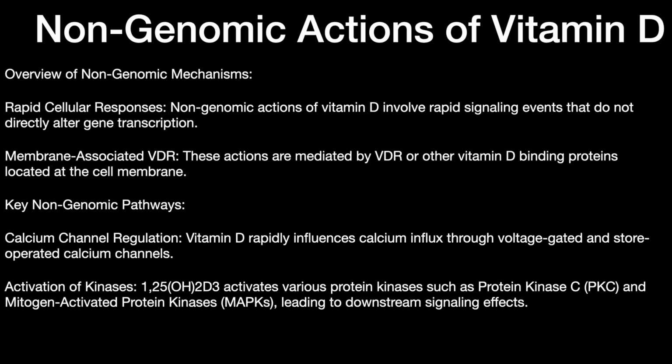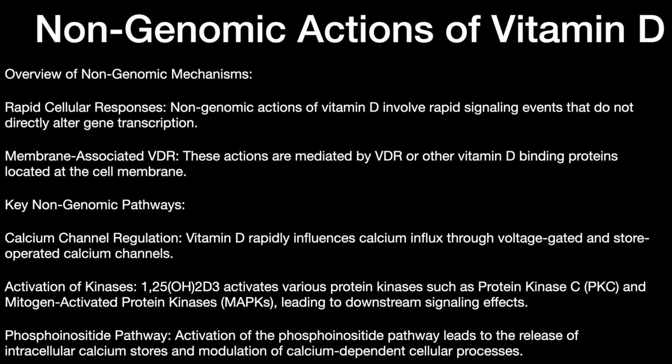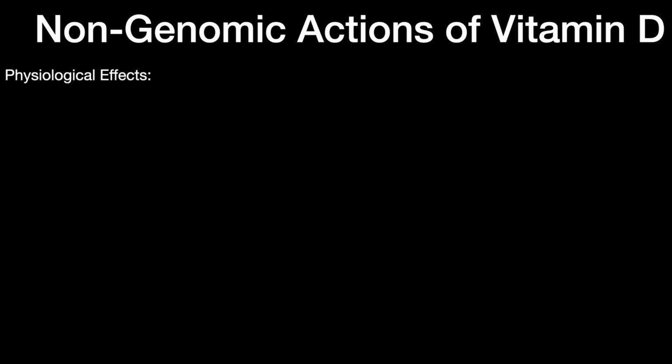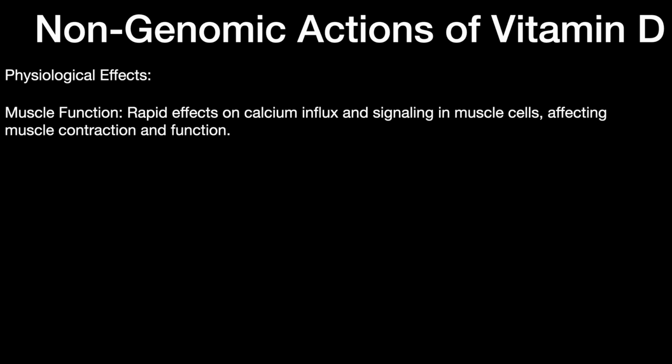activation of kinases. 1,25 D3 activates various protein kinases like protein kinase C and mitogen activated protein kinases, that is MAPKs, leading to downstream signaling and effects. Next, we have the phosphatidylinositide pathway, the activation of which leads to release of intracellular calcium and modulation of calcium dependent cellular processes. The physiological effects are muscle function, with rapid effect on calcium influx and signaling in the muscle cells,